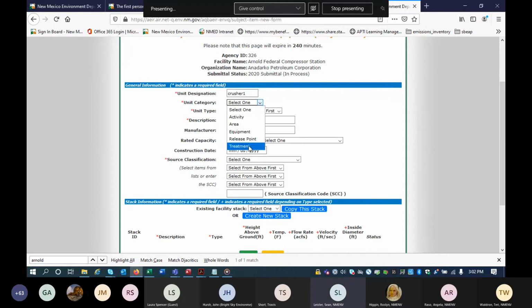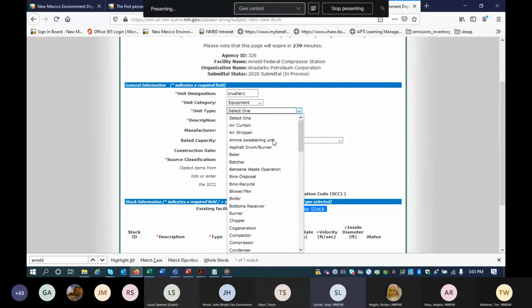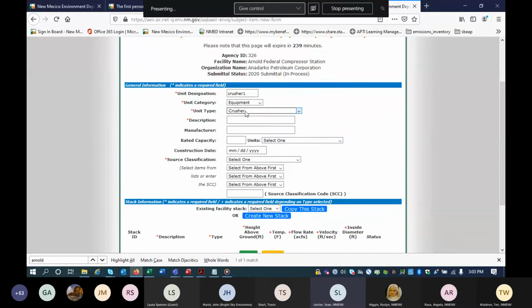And under unit category, it looks like we have 5 category types. We've updated this since last time. We have 5 categories, and we have different types routing to each of those categories. In our guidance document in Appendix A, we have specific one-to-one relationships shown between these. That would be very useful if you are trying to use an XML, because you don't want to use a category type or a category that doesn't match up with the unit type. You want these to have the correct relationship.